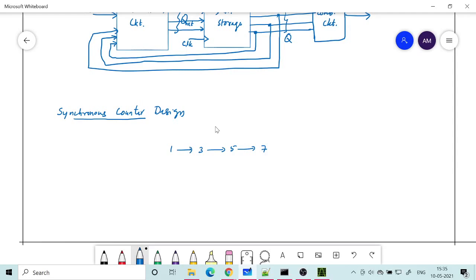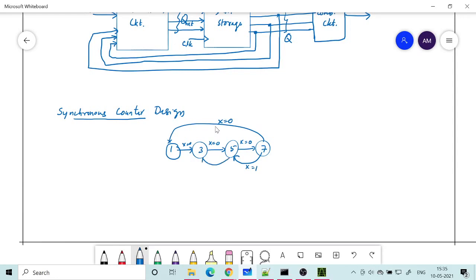So it's a Moore machine itself, but the output is the same as the state. So you go like this when say m equal to 0. M is another input. You can call it x also. So when x is equal to 0, you do the up count, and from here it goes here when x is equal to 0, and then when x is equal to 1 you go from here.